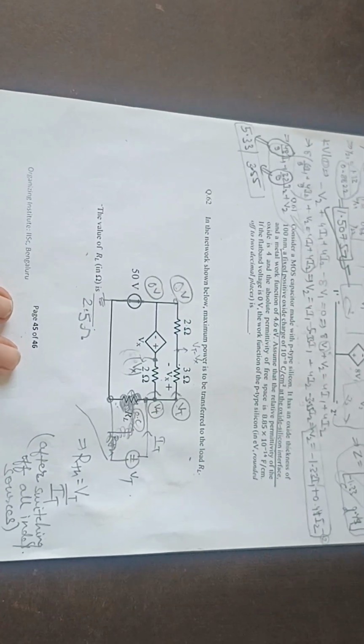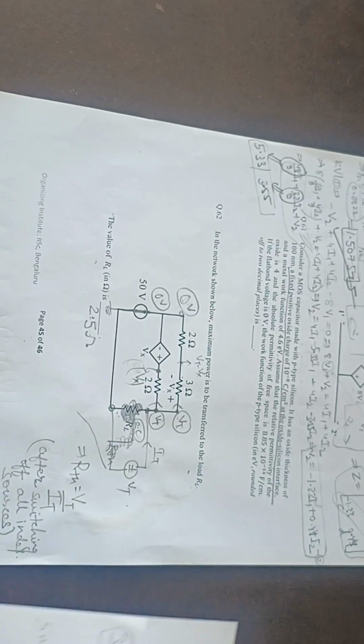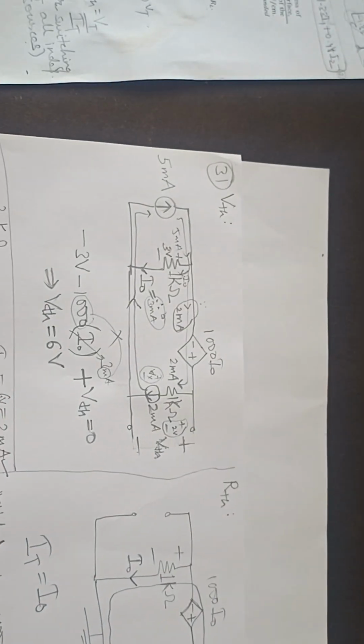Okay, so here what I will do is like first thing is I am using Thevenin theorem to find VTH and RTH. Okay, so what I will do is like